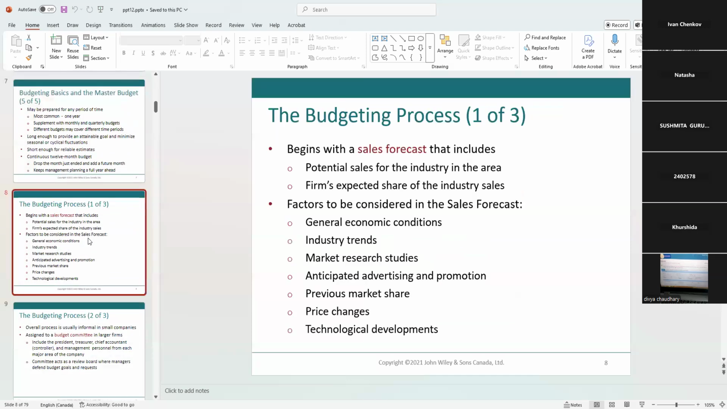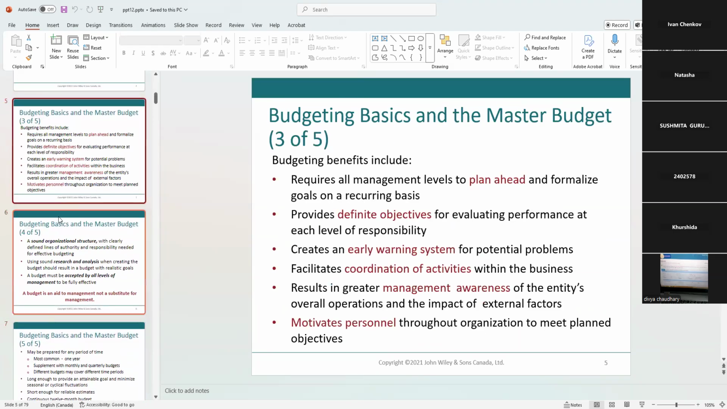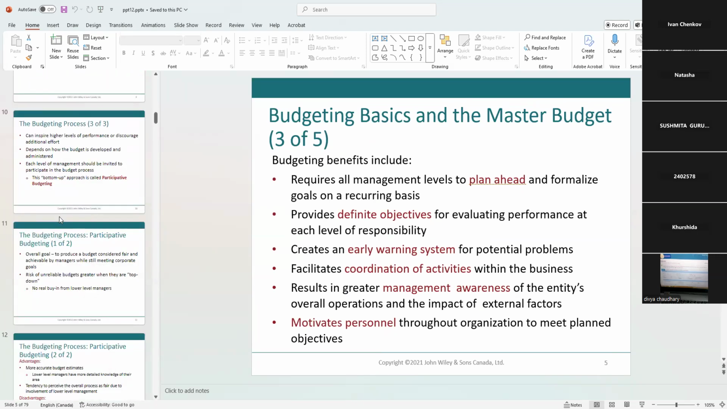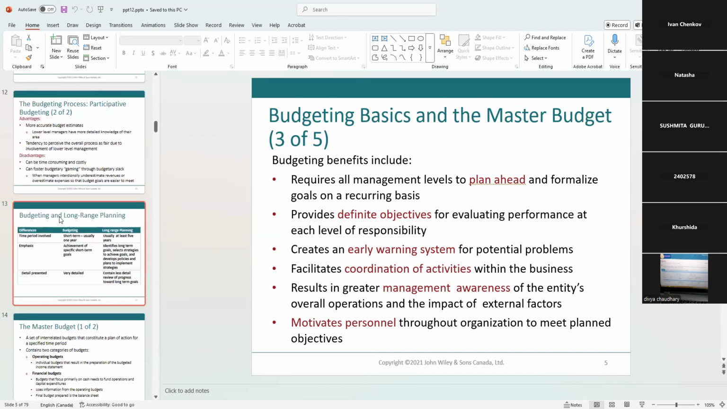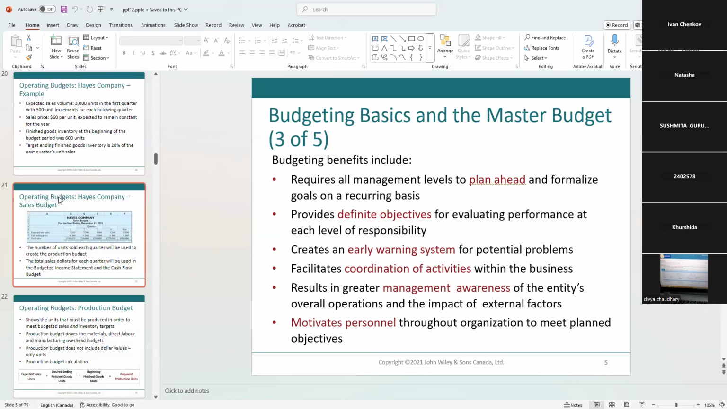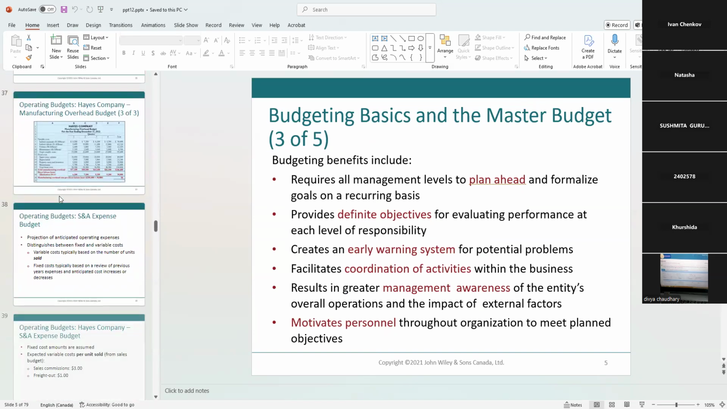Obviously, I want you to tell me what the budget is, what the purpose of the budget is, and what else? What are the benefits or drawbacks of having a budget? What are the advantages and disadvantages of having a budget? And then I want you to calculate for me